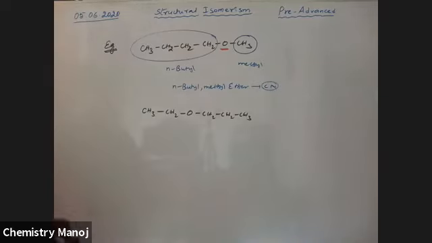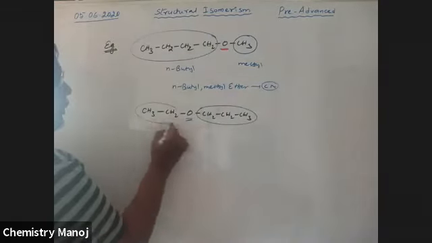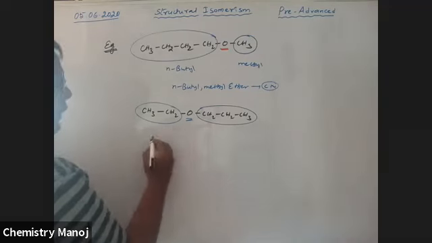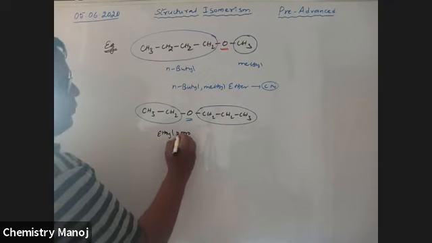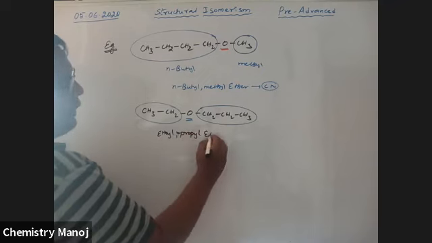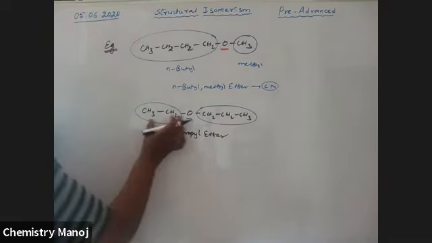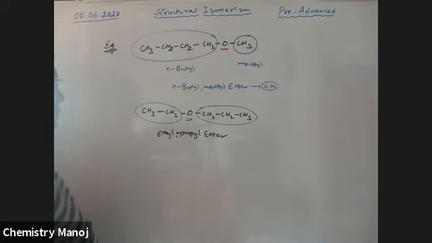Now here, an alkyl group is attached on each side of the oxygen. What are the names of this compound? It is ethyl, it is propyl. So, ethyl propyl or n-propyl, either. I am writing only common names here. Or ethoxypropane, yes, you are correct. Ethoxypropane is the IUPAC name. Ethyl n-propyl ether is the common name.